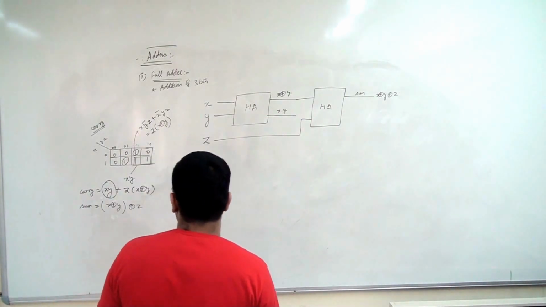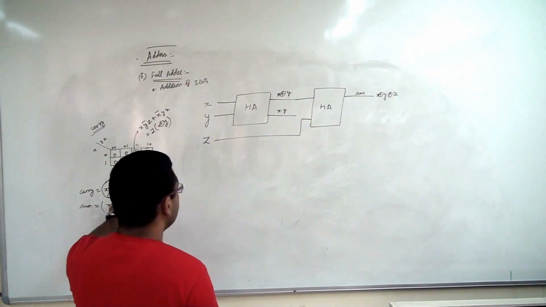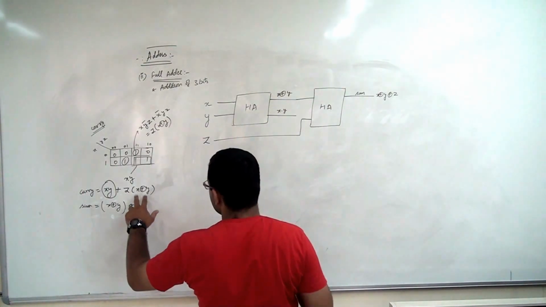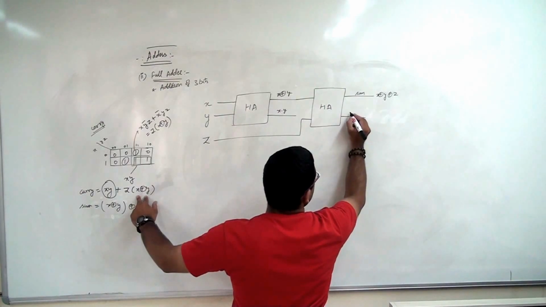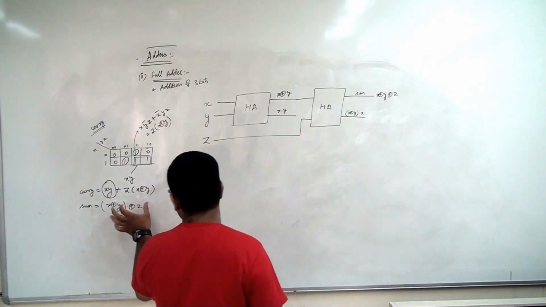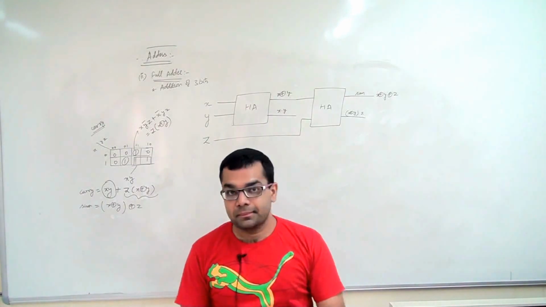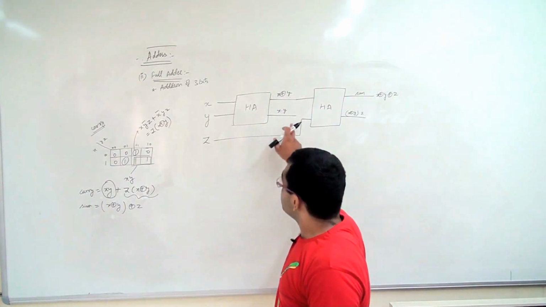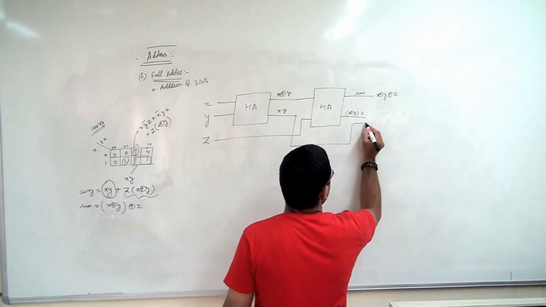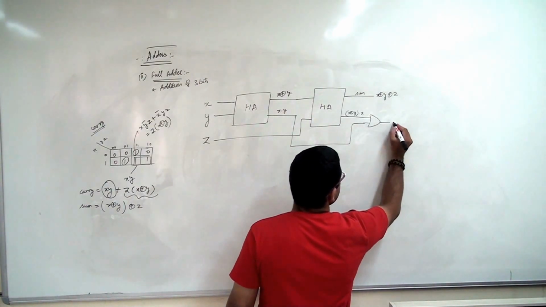And this output that I am getting, I have to put an OR gate, because like you can see now, this is going as the input. If I call it D or something, the output of this will be x XOR y AND it with z. So this second term over here I have been able to generate. This first term is there with me, second term I have generated. The only thing I have to do is put in an OR gate in front of these two combined. So this I get as the carry.